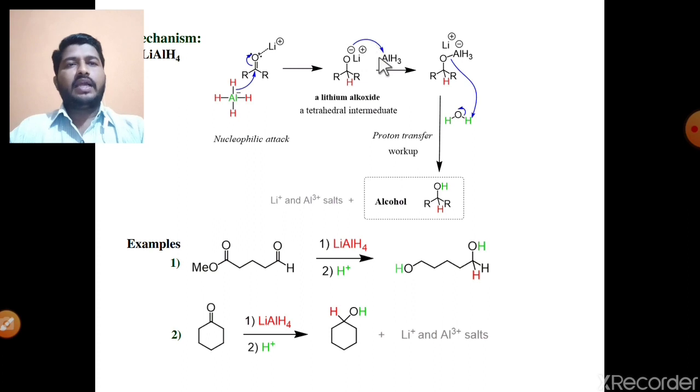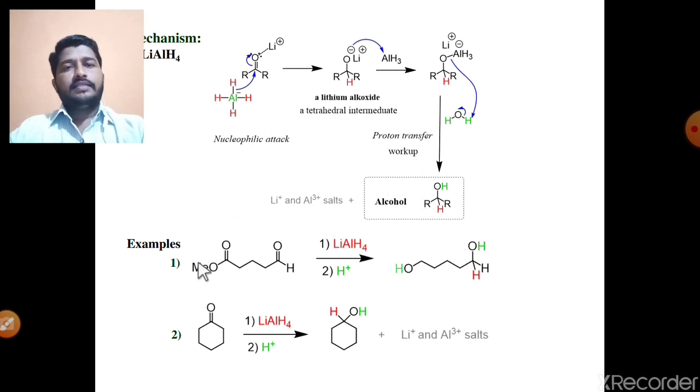This O minus attacks this aluminum, which means there is a bond formation between this oxygen and aluminum. And the last step, the sigma electron pair between this oxygen and aluminum abstracts H plus, which means there is a simple hydrolysis of this salt, and it finally gives the alcohol. The main advantage of this reaction is that 1 mole of lithium aluminum hydride reduces 4 moles of carbonyl compound, which means 4 moles of carbonyl compound in the presence of only 1 mole of lithium aluminum hydride finally give 4 moles of the alcohol molecule.